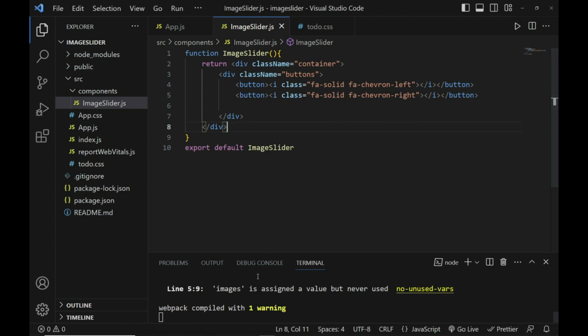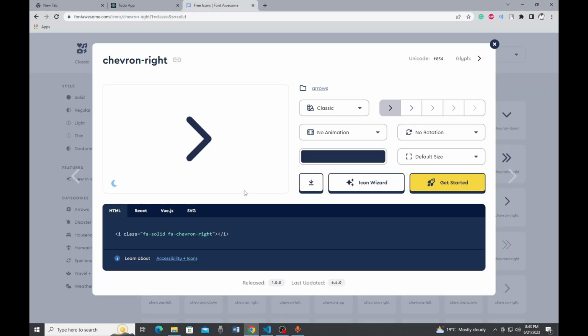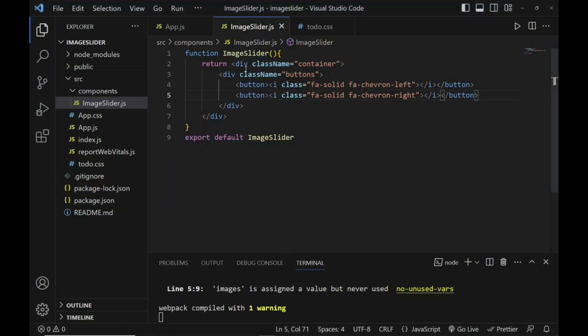So I've changed the icons. That's what I've done. Let me see if the icons are now visible. Yes, they are now visible. Okay, what I can do, I'll take the